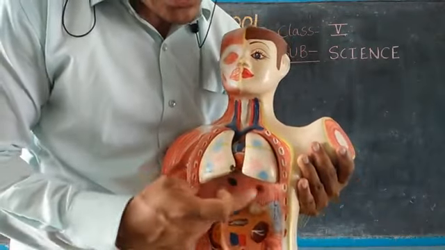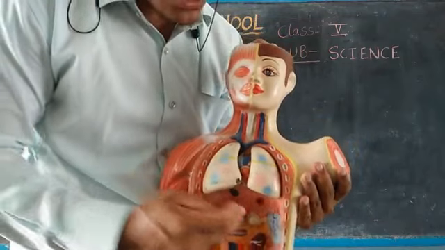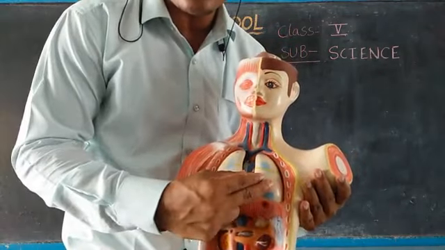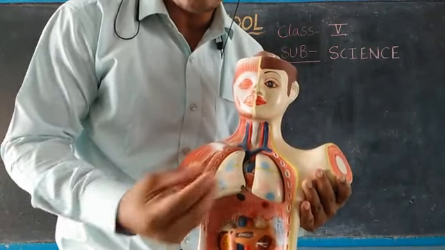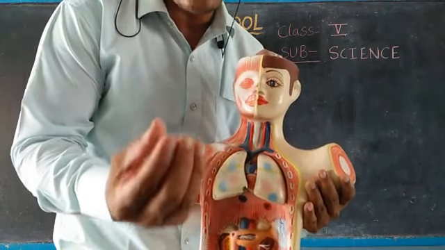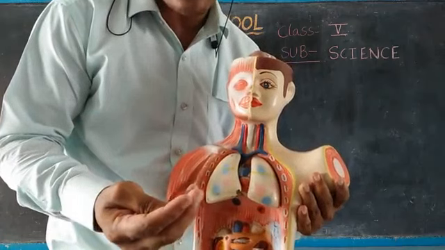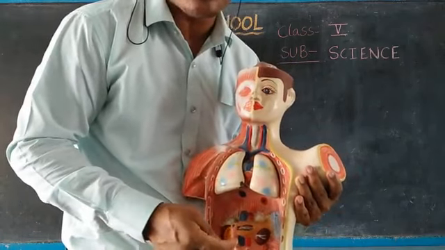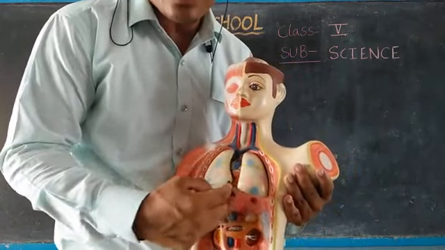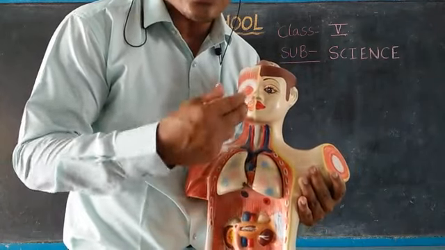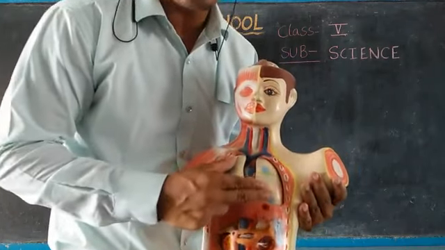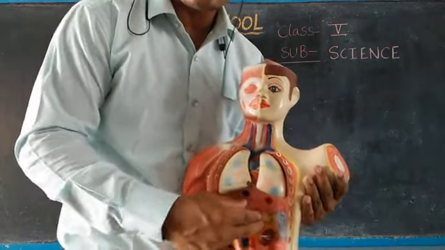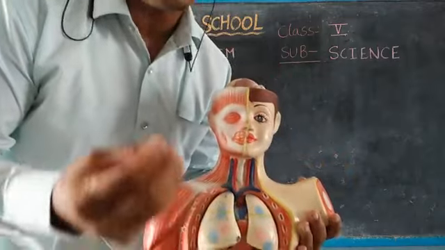The smooth muscles are present in the lungs and stomach. In the lungs, how do they help us? In the lungs, the smooth muscles help in taking air in and out of the lungs. Whereas in the stomach, it helps in digestion. In the food pipe also, the movement of smooth muscles helps in the easy movement of the food. In the heart, the muscles help to pump the blood.